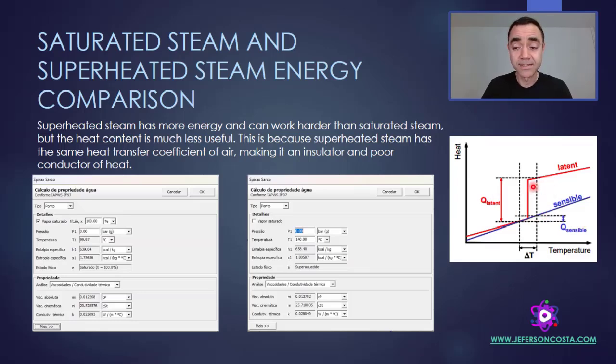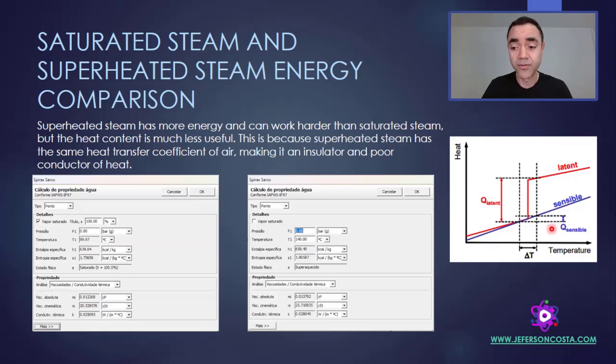When I use the latent heat, it means that I am changing the phase of my component. I am at the vapor, 100% vapor, but when I do the heat exchanging, I change the phase, and in a small delta T, in a small differential temperature, I have a lot of energy available for heat exchanging.